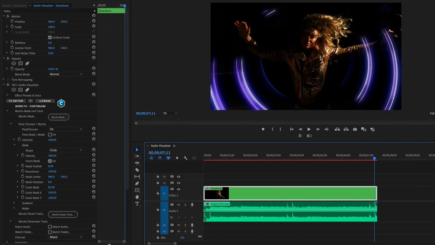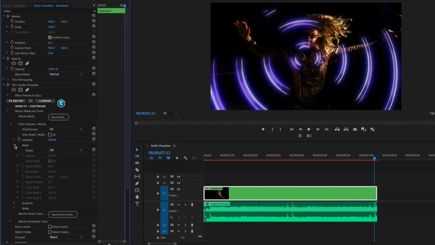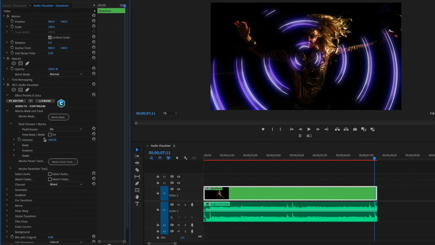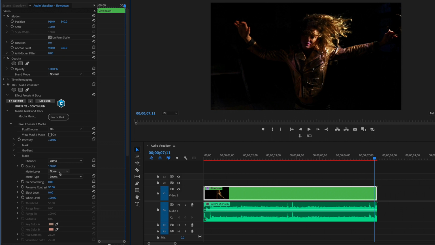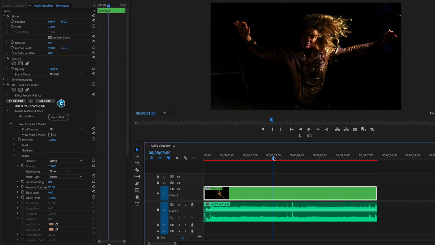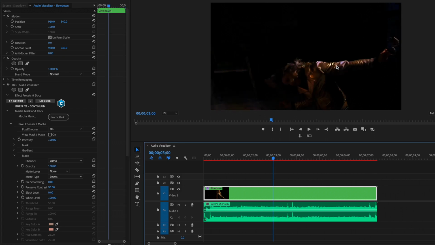Based on the luminance information of this shot, instead of using a mask shape, which I will set to off in this instance, and twirl up those properties, with pixel chooser still enabled, I can go down to matte and choose a channel instead. In fact, I'm going to choose Luma. We can see that everything sort of disappeared except for a little bit of the visualizer in the brightest areas of the shot. What I'm going to do is make sure that it's set to video 1 and